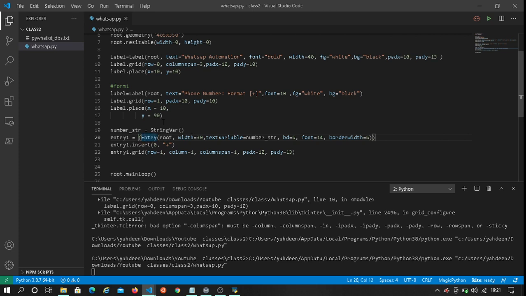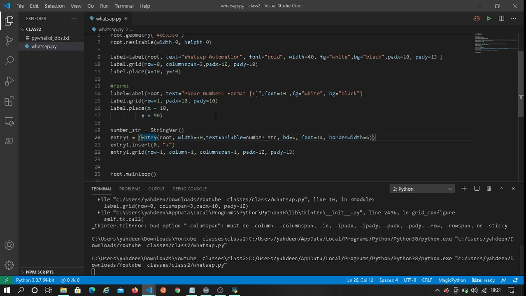For calling an entry box in Tkinter, you must capitalize the E. So here entry1, and as I showed you with root, we set the width to 30. Textvariable now calls the variable that we set here, number_str, which is a StringVar. So textvariable takes that value into the entry.